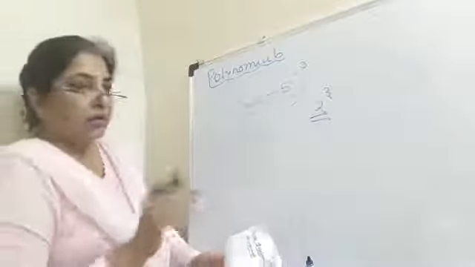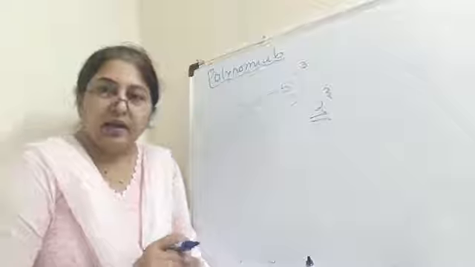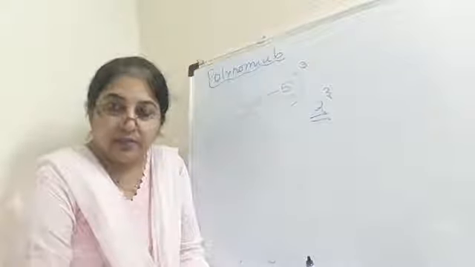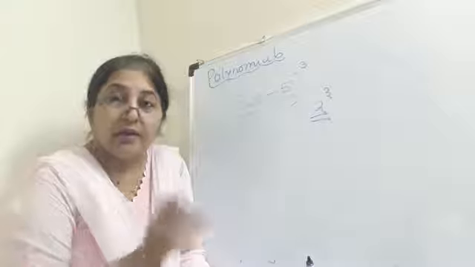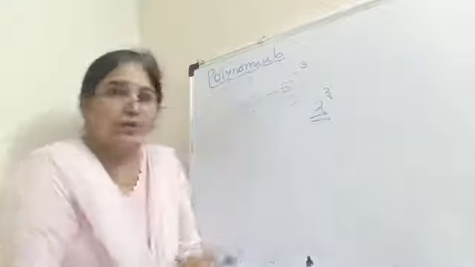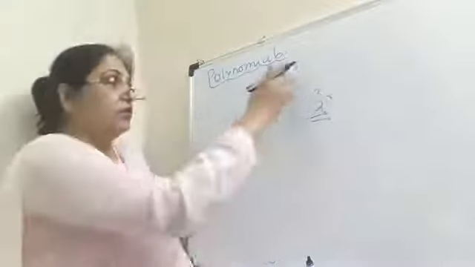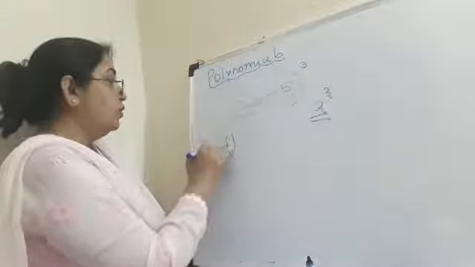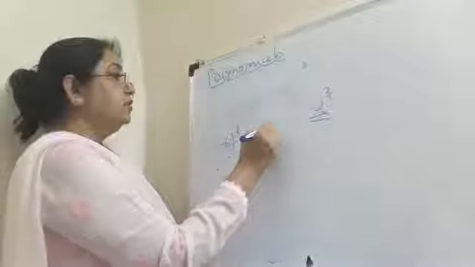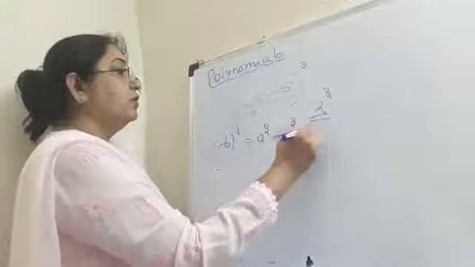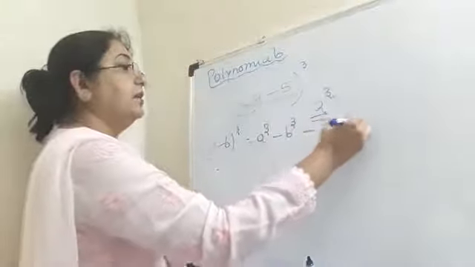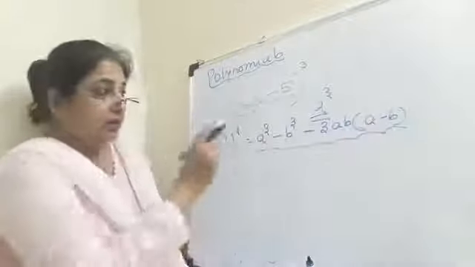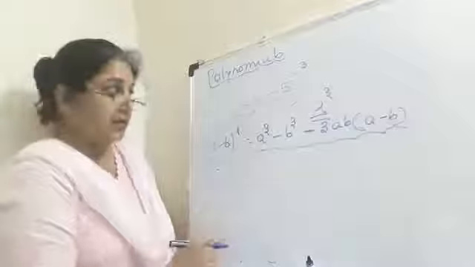But you know, in your previous class you have done identities, right? Square identities. You have not done cubic identities. So for this question I will tell you what is the identity for cube, right? So you can write a minus b the whole cube is equal to a cube minus b cube minus 3ab into a minus b. We will learn these also in this class.